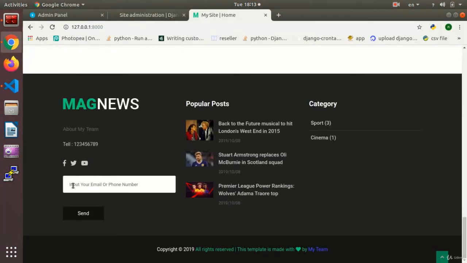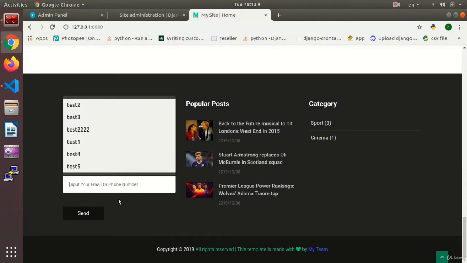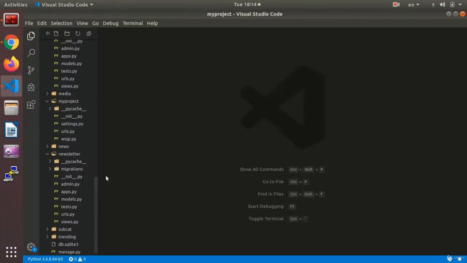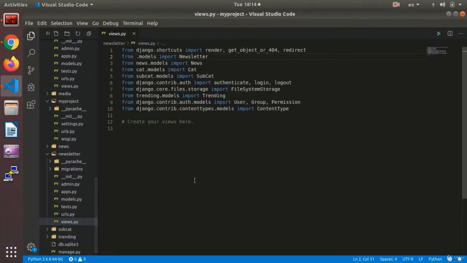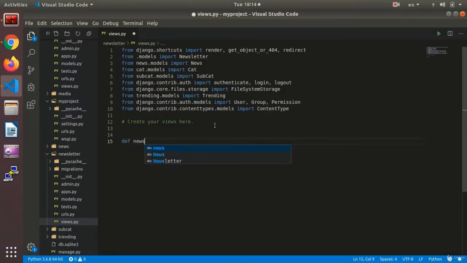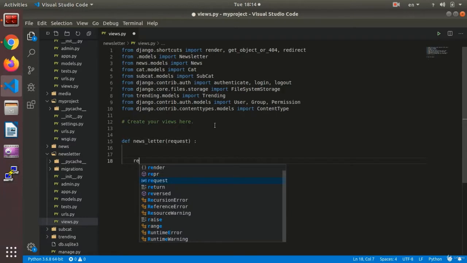If you remember, in the previous session we made an app for our newsfeed so that we get the email or the phone number of the user and list these phone numbers and emails for the admin. First, we need to make a function for it. So we say def newsletter, of which type, request, and then we say